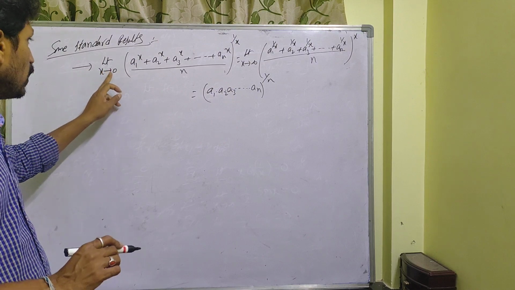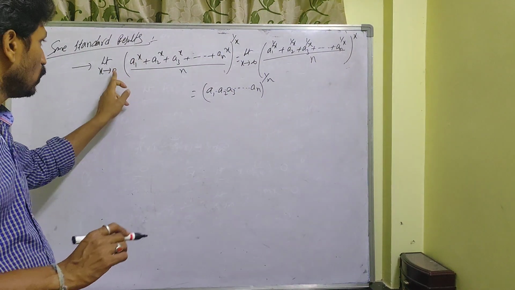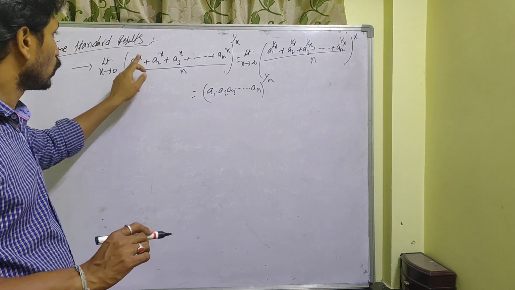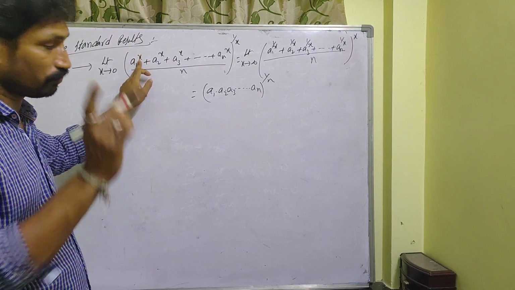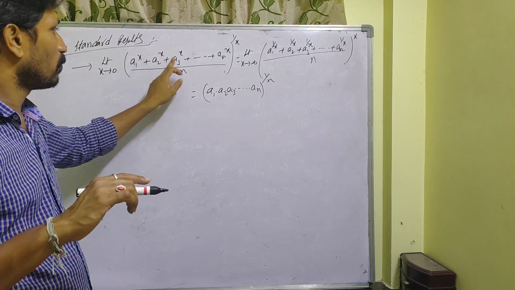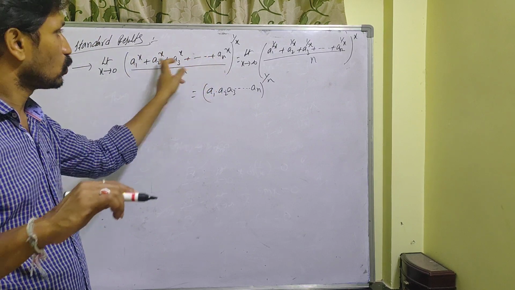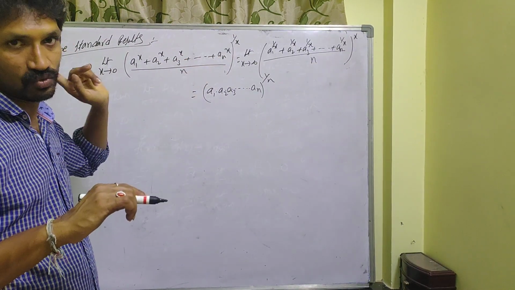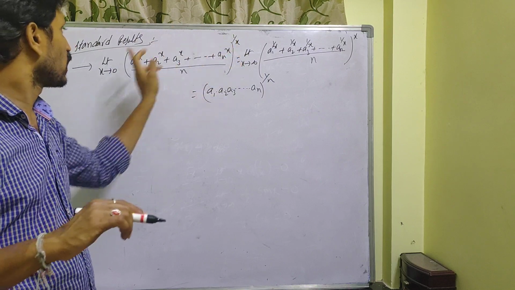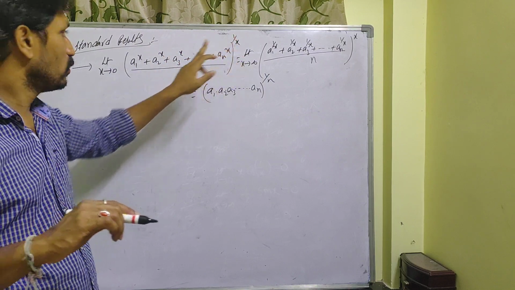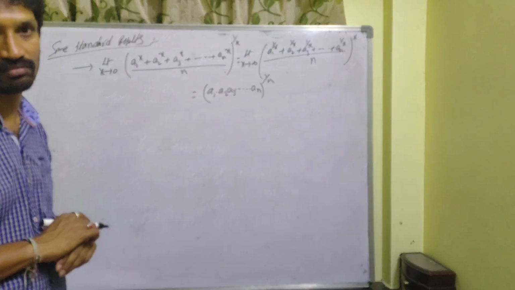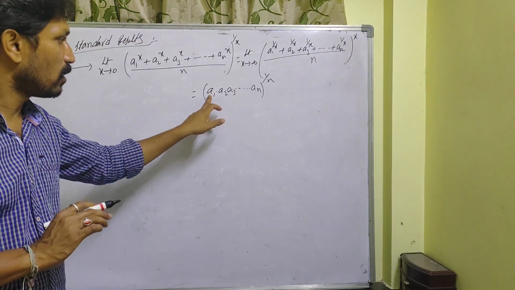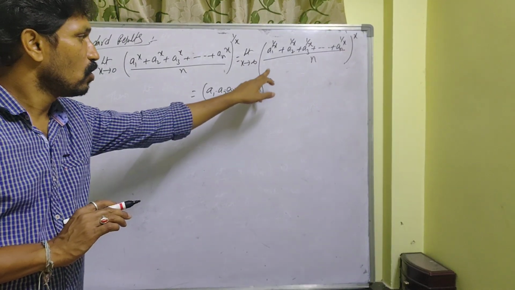Once you observe here, limit x tends to 0, when the structure is like this, as x tends to 0, a1 power 0, anything power 0 is 1, so 1 plus 1 plus 1, all these are 1s. So n 1s are there, divided by n, so n by n is 1. And as x tends to 0, 1 by x tends to infinity, so it is a 1 power infinity form. Here the number of terms is n, so the denominator is also n. Then its value is a1, a2, a3 and so on an, whole power 1 by n.